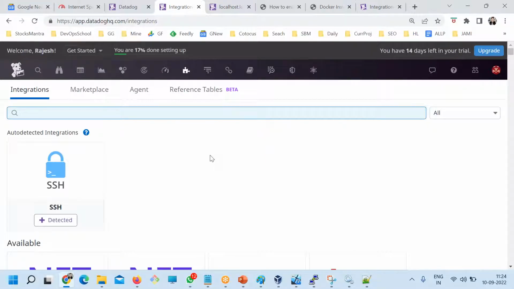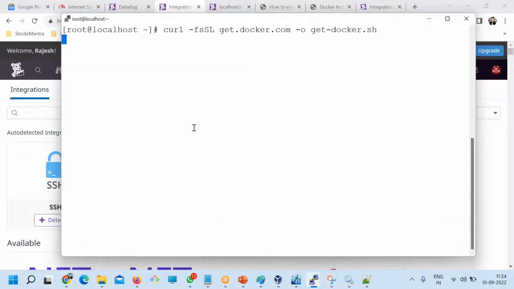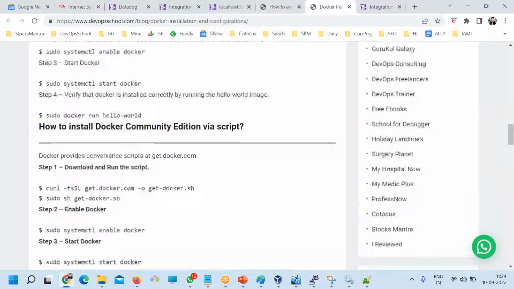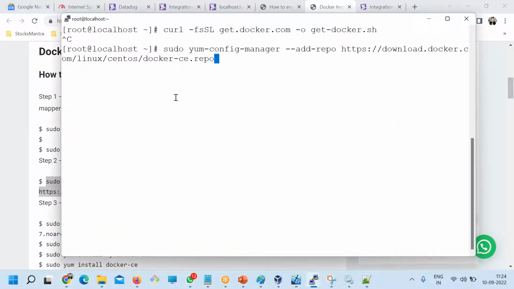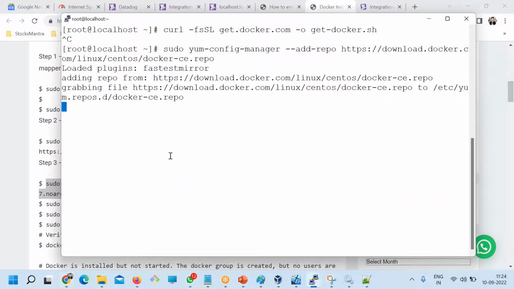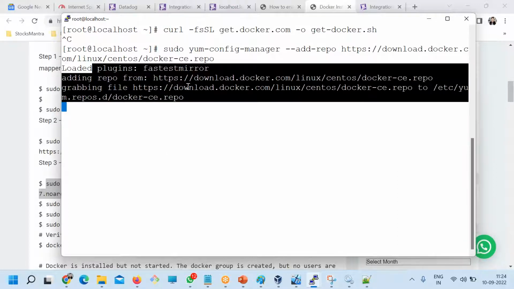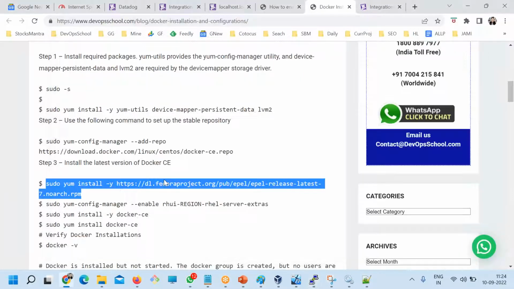Now, the problem here is I can enable the integration, but the agent I have installed is on this other machine. Funny thing. Okay, I have to use this machine only. Just a second, let me try manually. I completely forgot that. I have to do this. Okay, let me run this. Manually, I'm installing it. Every download is a problem here. See, fast mirroring. They must be having some mirror issues. Probably in 10, 15 minutes they should be resolved.